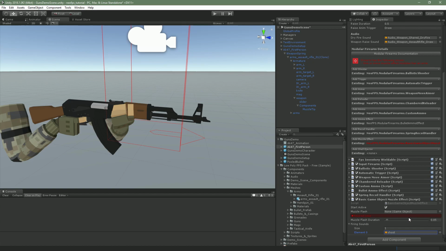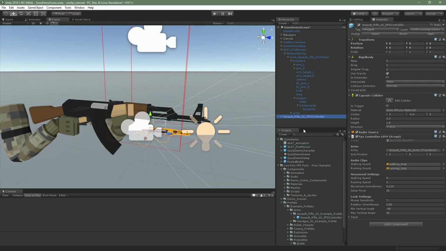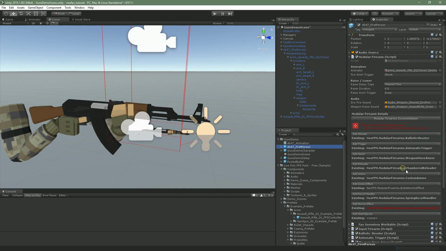And then for this muzzle flash object, we can duplicate the muzzle flash from the low poly FPS implementation of this gun, found in prefabs, arms, assault rifle 01. Drag that into the scene. And then we can follow roughly the same hierarchy as our gun. So, root, assault rifle, arms assault rifle,